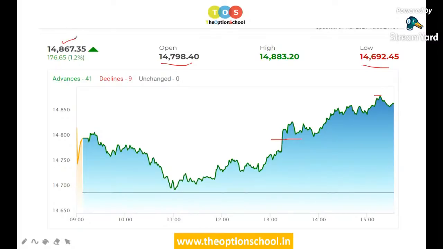So ultimately, the last move of the market was on the higher side, right? If you see high and low, roughly close to 180 points on an expiry day is not bad at all, right? 180 points is fairly good. But see, this 180 points, when the market has given a gap up of 110 points, the difference between high and low is 180 points. So that's what we discussed in the morning video, that we need to take care of these gap ups and gap downs, and after the gaps are taken care of, the other moves are not so bad